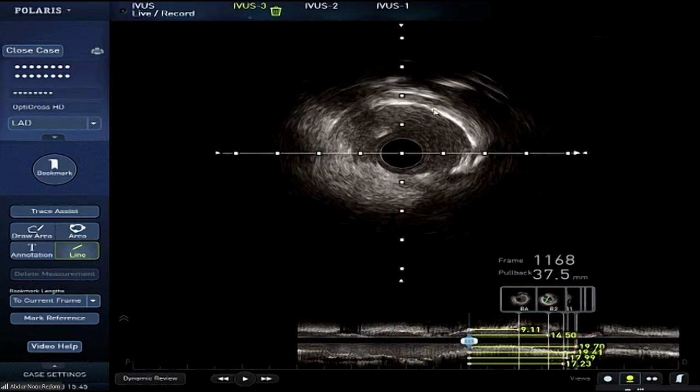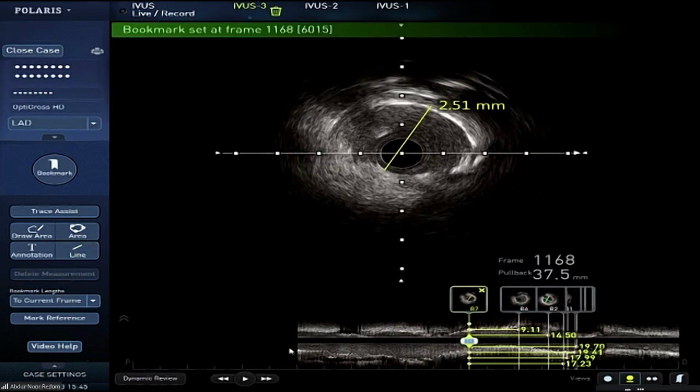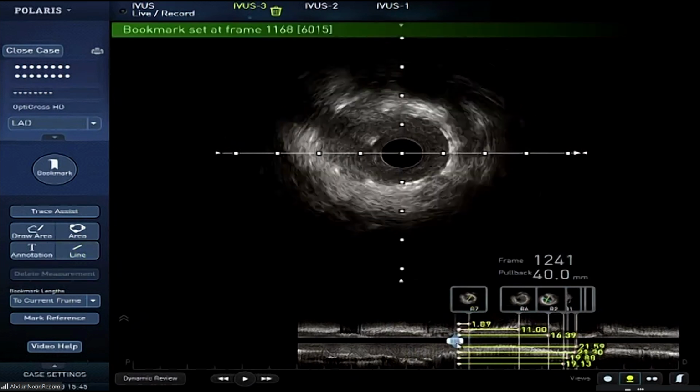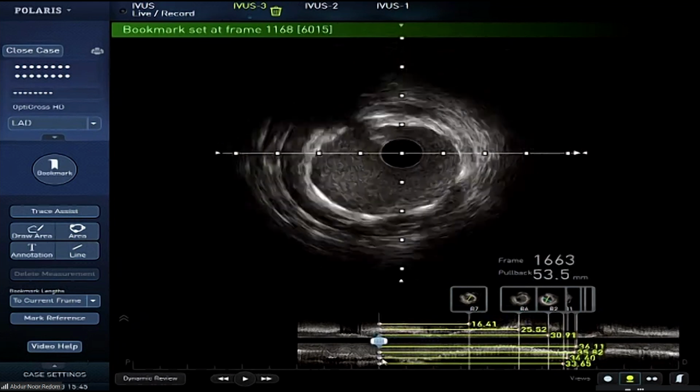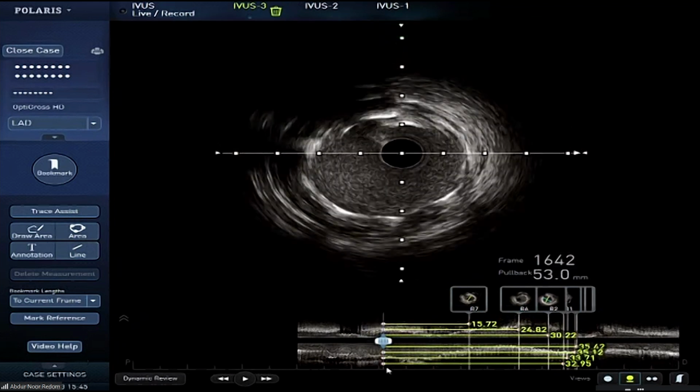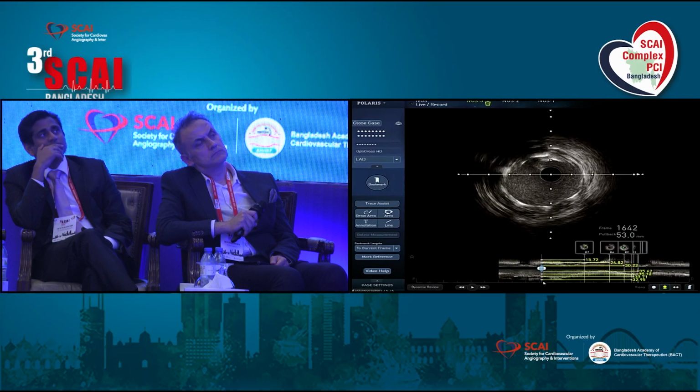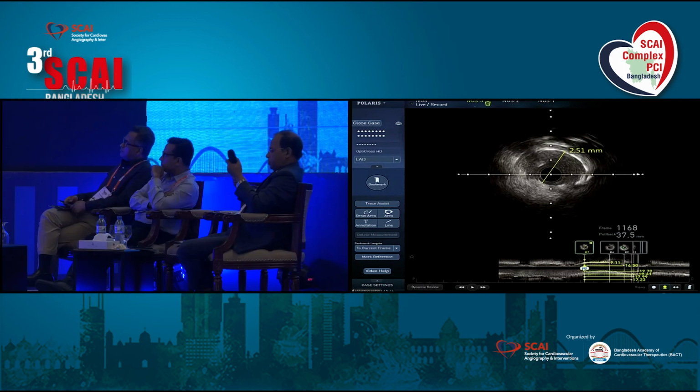Can I withdraw the side branch wire? Did we take a picture? So you are allowing 900 micrometer malapposition? Yes, that's one of the research, as I said, that malapposition is anything more than 200 you have to pay attention to, and the run-through wire was a little bit stuck there, but we were able to get it out.